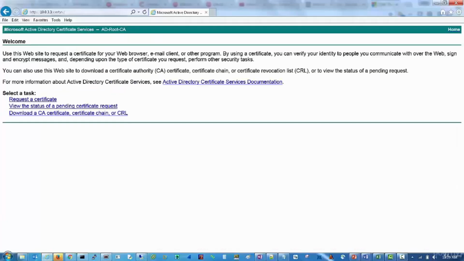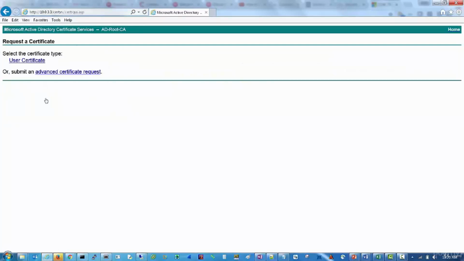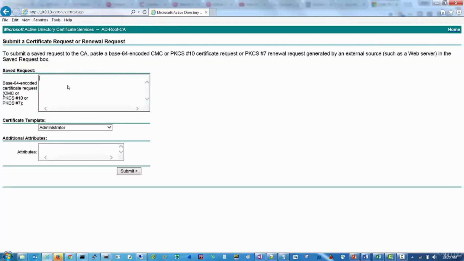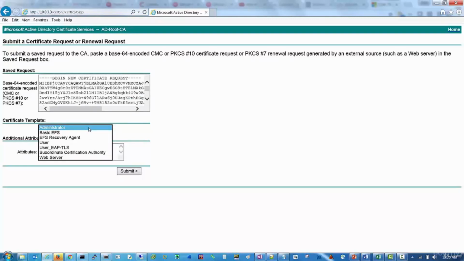Now to fulfill my certificate signing request and get it signed by my certificate authority, I have web browsed to my certificate authority's IP address with the certserv path. Since this is a Windows certificate authority, I'm going to say request a certificate. This will be an advanced certificate request. Paste in my text from my CSR that I generated on my web server. And since this is a web server, I'm going to select the web server certificate template, hit submit,